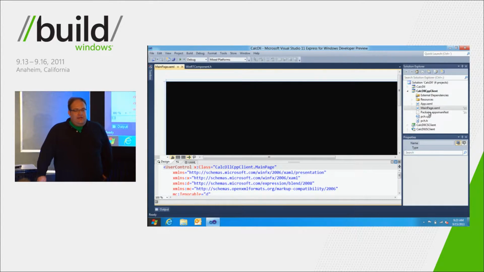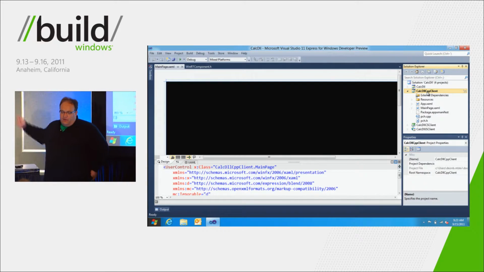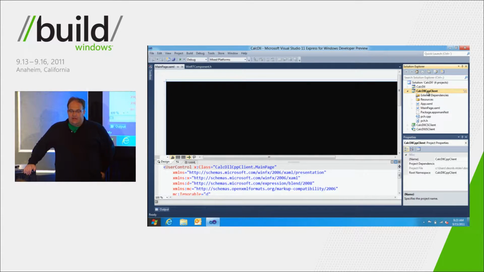There's some cases where you really, really need to get that close to the metal, where you say, okay, I'm going to just rely on the fact that this API can't fail. I'm not going to actually check my hresult. So you can do this through the C++ language extensions. So what we're going to do now is to create